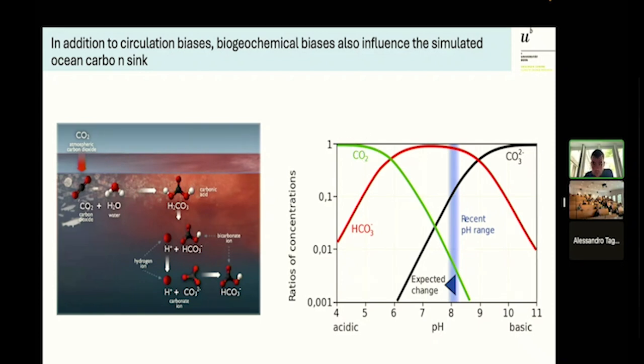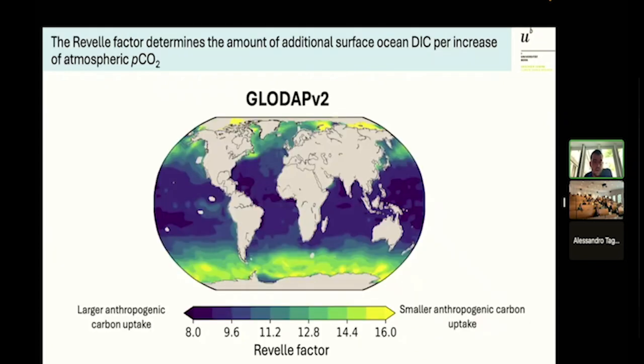And so it's highly important how many carbonate ions are in the ocean at the moment. And if models have a bias with respect to carbonate ions, they will have a bias with respect to the carbon uptake. And this can be quantified by the Revelle factor. And the Revelle factor is a quantification of how much carbon is going into the ocean for a given change in atmospheric CO2. So if the atmospheric